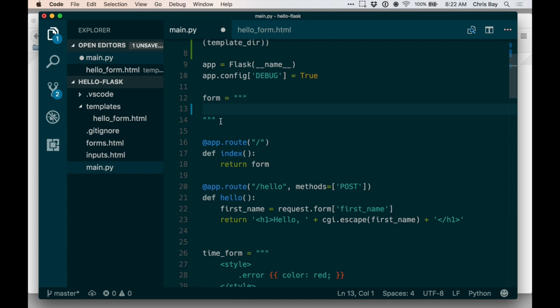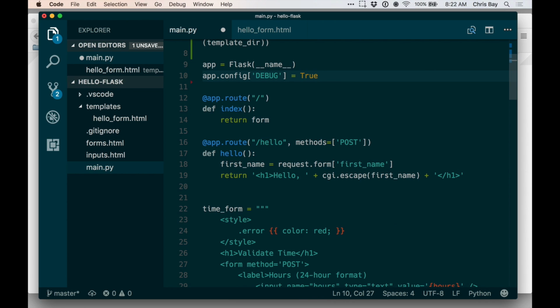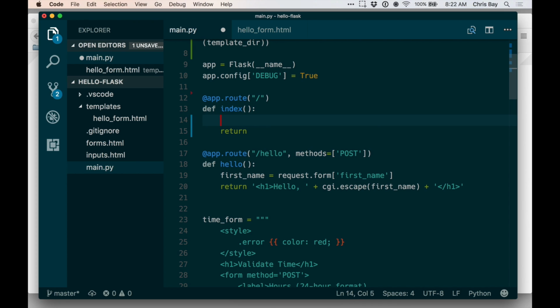Now back over here, my form string is something I now need to get rid of and replace with the template functionality. So let's go and see where we were using that. So here's the one place where I'm rendering that form, right? So instead of that thing being there, I now want to utilize the Jinja templating engine to render that form. I can do that by